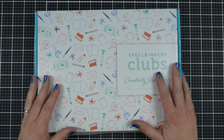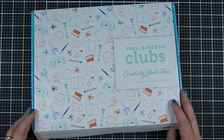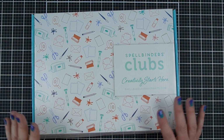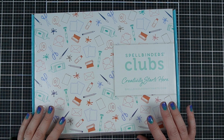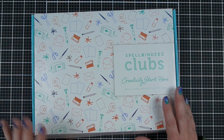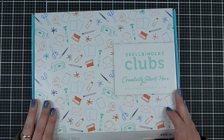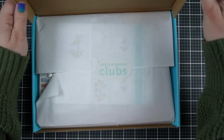Today I want to take a look at the last card kit for 2022 from Spellbinders. Spellbinders has some of the most jam-packed kits, so if you've been looking for something that could keep you crafting all month with just purchasing one set or one kit, I highly recommend Spellbinders. So this one is called Love Grows Here, and I'm thinking it's probably going to be a Valentine themed kit